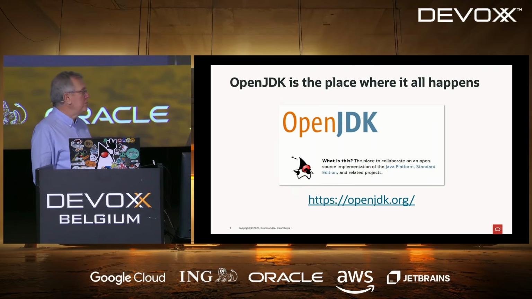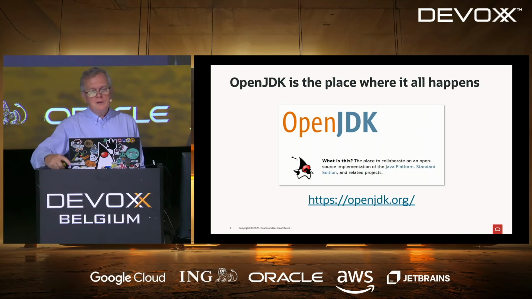It has been released just a few weeks ago, and there are plenty of things. If you want to connect, if you want to give feedback, if you want to follow everything that is happening, you need to connect to the mailing list from the OpenJDK website. This is where everything is happening, and happening in the open. If you really want to know what is happening in the Loom space, just connect to the Loom mailing list, and all the links are there.